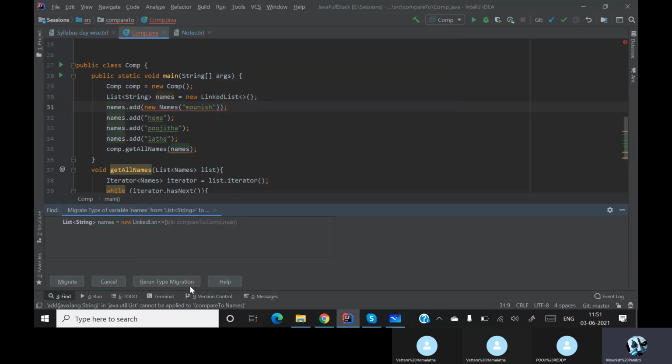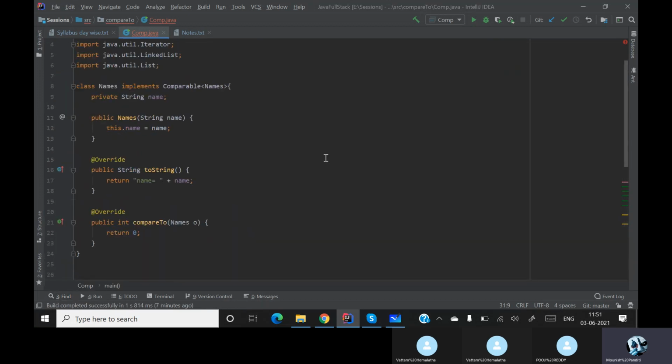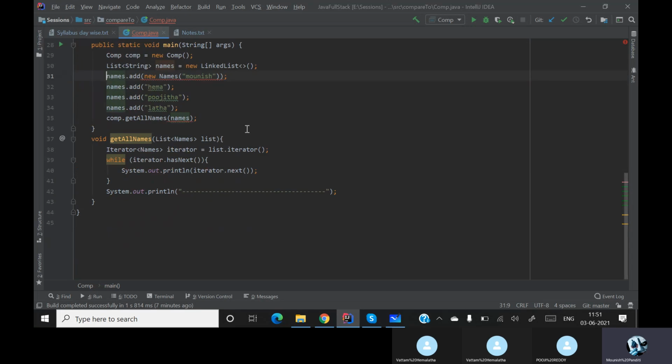Is it possible, guys? Tell me, is it possible to do something like this? Don't know, sir. You are using a constructor to set some values. That is not possible. Tell me, is that possible or not?